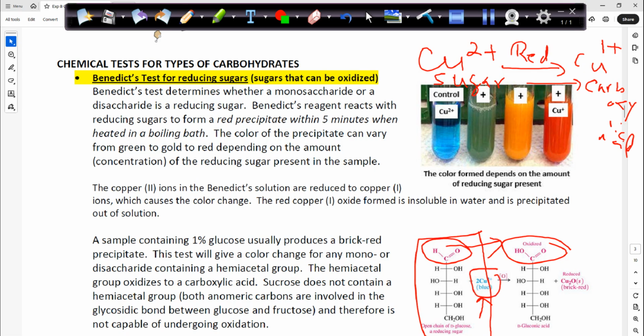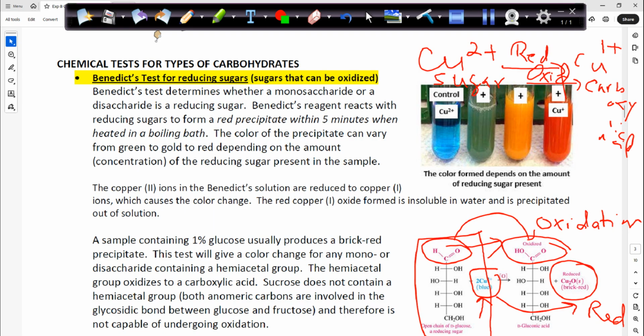And the copper here will be reduced to copper 1 oxide. To what? To copper 1 oxide. So this is reduction, and this is oxidation. So we have both reduction and oxidation reactions. The sugar is being oxidized by Benedict's solution, and Benedict's solution, which is copper 2, will be reduced to copper 1. So this is a redox reaction, and then we can verify those